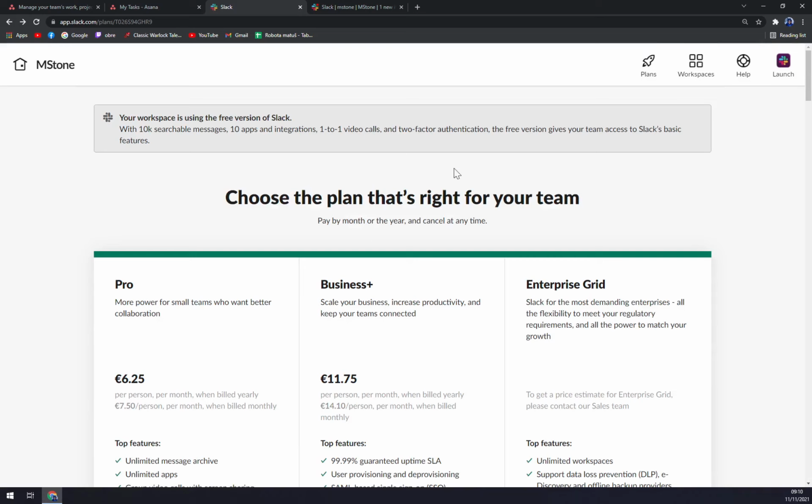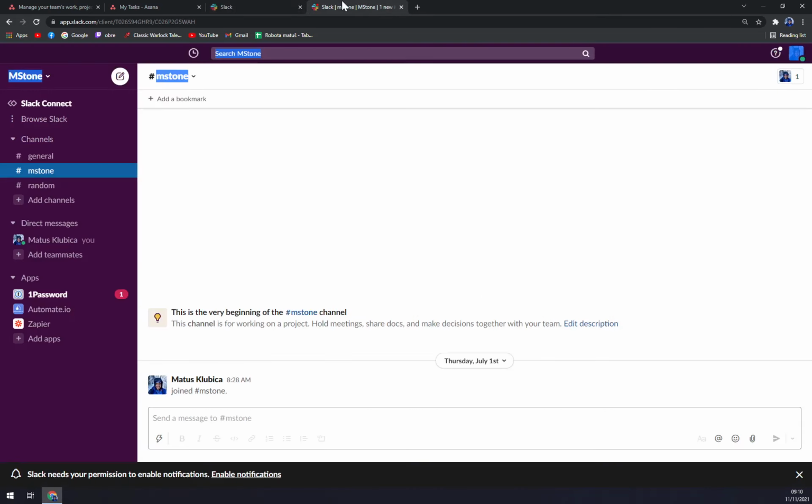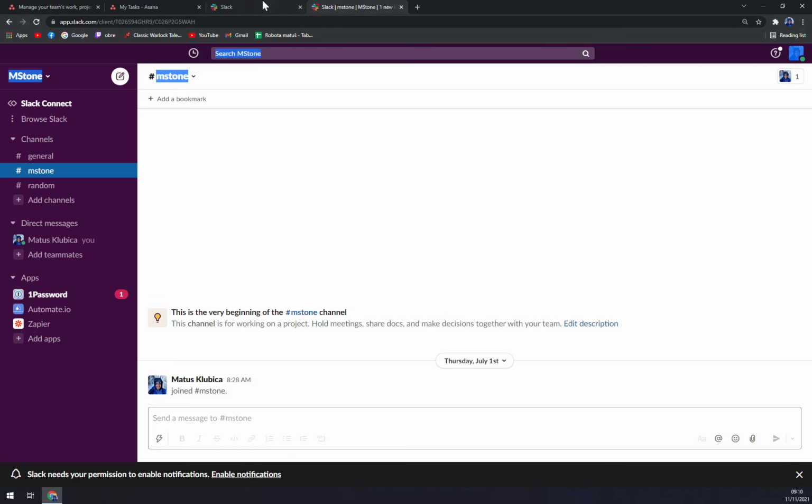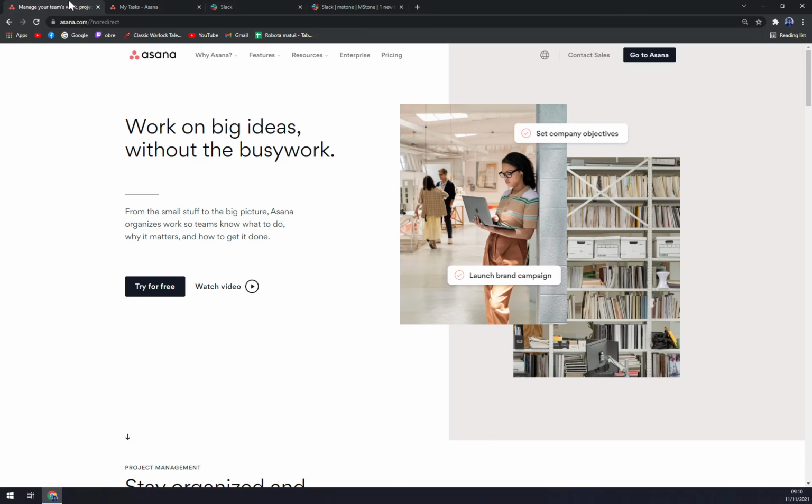And that's what I strongly advise you to do. You can also go with the free version, so easily you can find out if that's the one for you. It's really hard to compare them, because one is just a communication tool and the second one is a whole CRM. But I would actually integrate Asana with Slack and get the most of both of them.